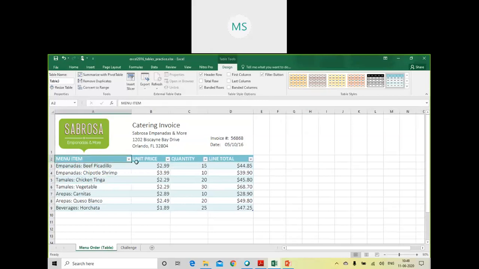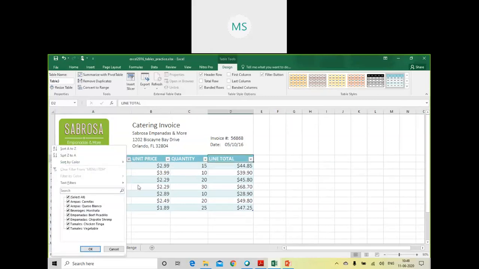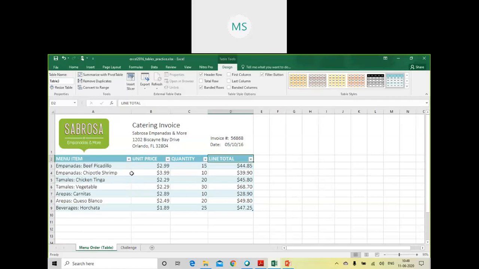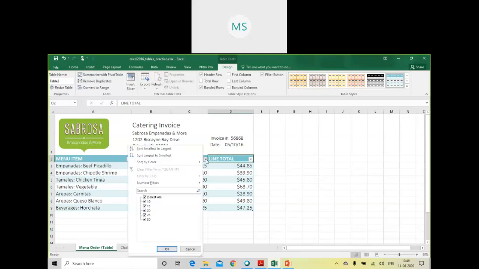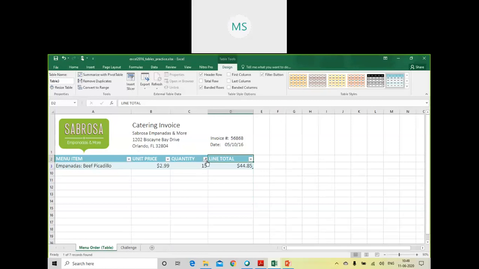It is the row header for your table. Also, you can see we have performed the filter operation, so the filters are also visible. If you want to sort or filter your data depending on the name of the item, the price, or the quantity, you can do that. Like if I want to check how many products have 15 quantities placed, I can get that data.